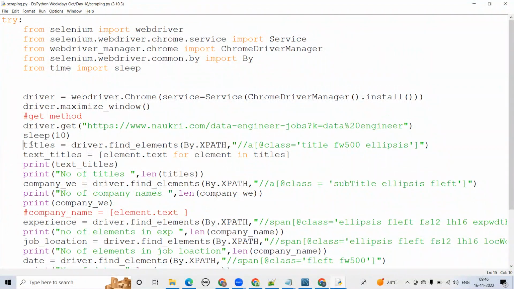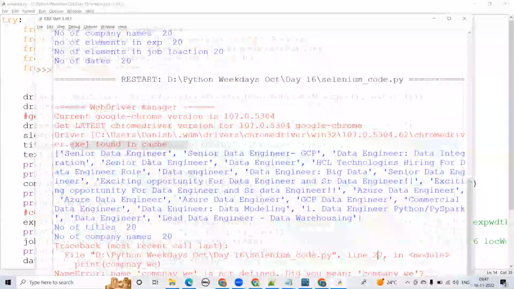You see here, we got all the titles as web elements, and then using a list comprehension, we got the text for that. So this text, whatever the class or object, where is it actually defined? There is a class called WebElement. What this driver.find_elements is returning, if you see, everything is a